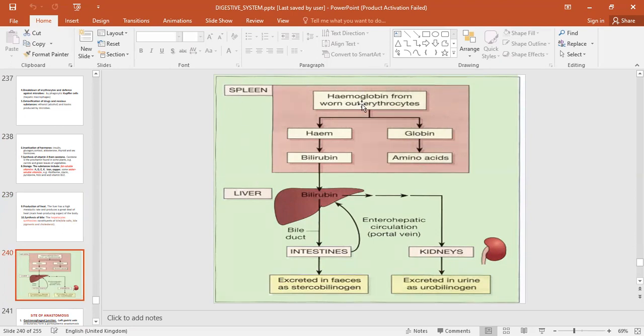What happens is when the red blood cells are destroyed, hemoglobin is broken down into heme and globin. Heme is further broken down into iron and bilirubin. Bilirubin has to be conjugated in the liver. That's when it can now be excreted in feces as stercobilinogen and in urine as urobilinogen. So you see that the color of stool and urine is influenced much by bilirubin, which is a byproduct of